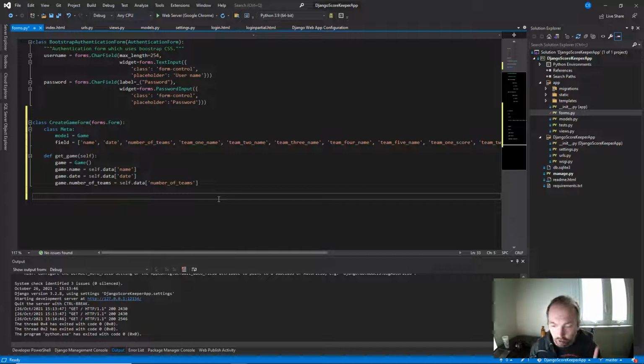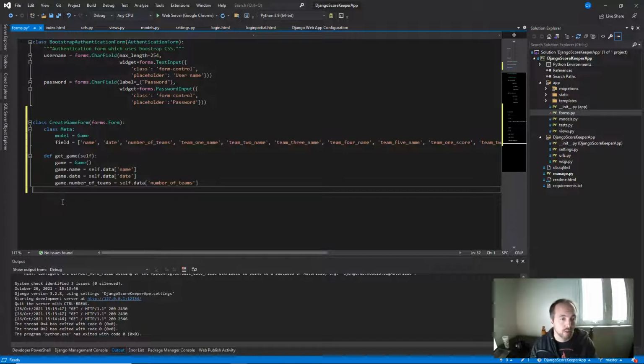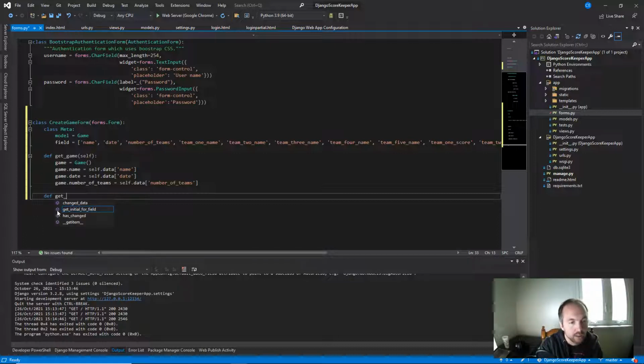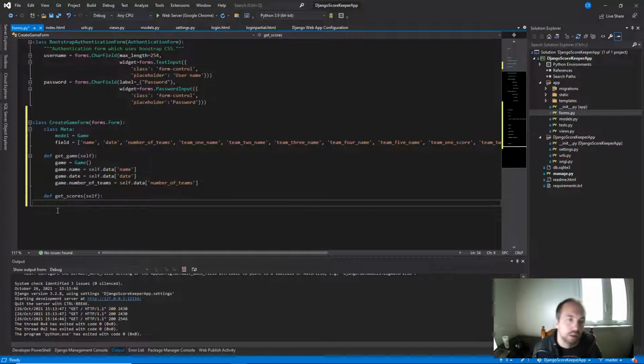So the scores have a team name and a score that the person was able to get. So what does that look like? Come over here. Oh, my bad, I'm all over the place here. So def get scores self, and we'll go ahead and generate each score individually. So we need score 1 and score 2 because remember there's a minimum of 2 scores on each game because there's a minimum of 2 teams on each game because we're talking about competitive games that you have to keep score for. So let's declare score 1 equals